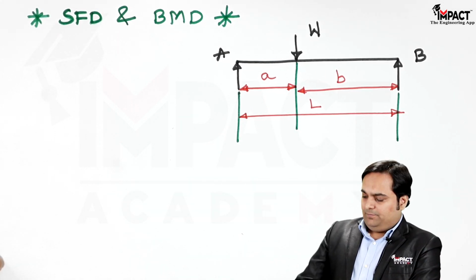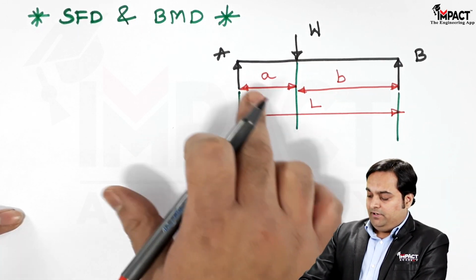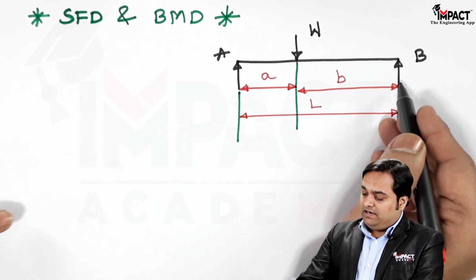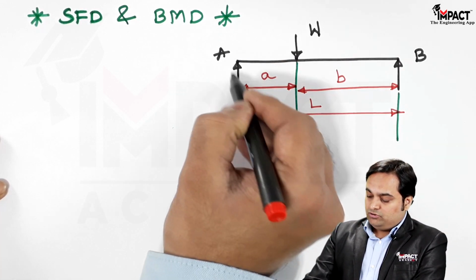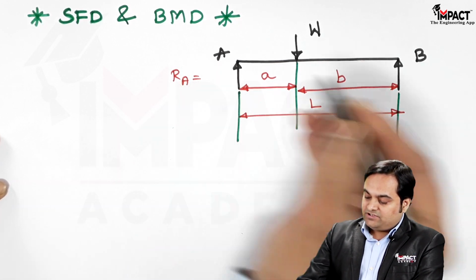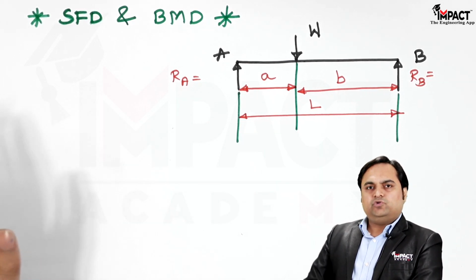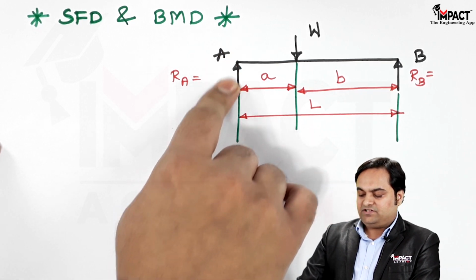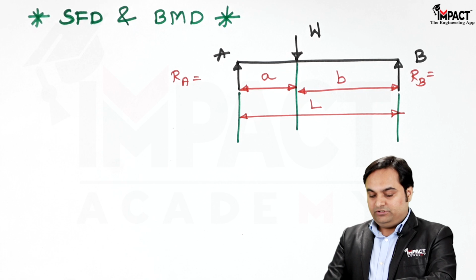So here is a simply supported beam in which the load W is not exactly at the center. It is at a distance of small a from point A and at a distance of small b from this support B. So here the reaction at A would be Ra, reaction at B would be Rb, and here I am showing a shortcut method to get the reactions. If you want to calculate the reaction at A, simply take the load, that is W,